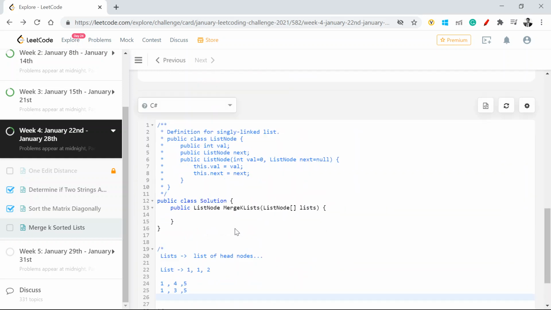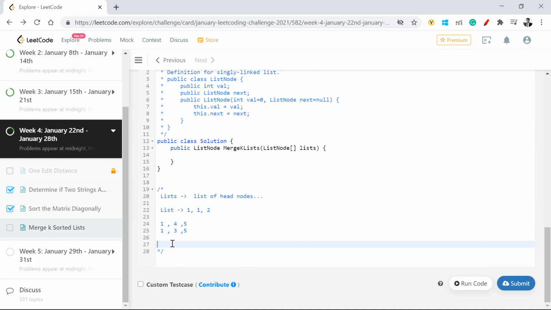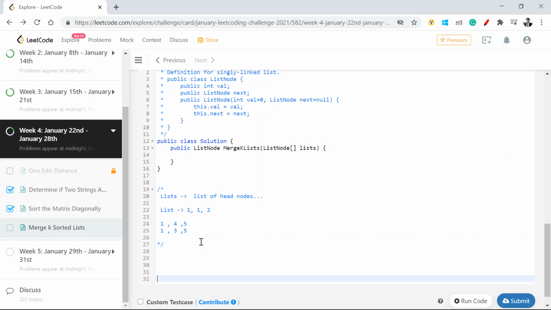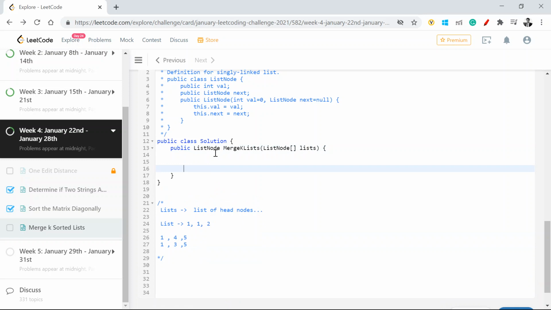So with that thought process, we'll iterate through each and every head node, then traverse horizontally. Let me pen it down here.